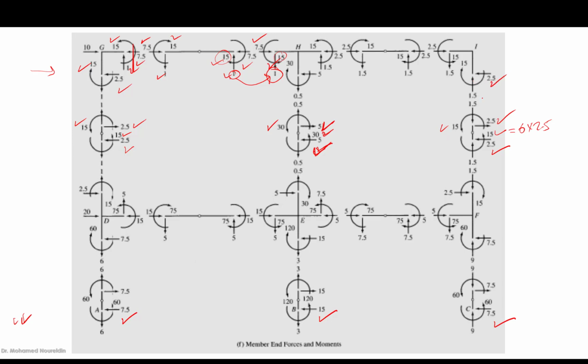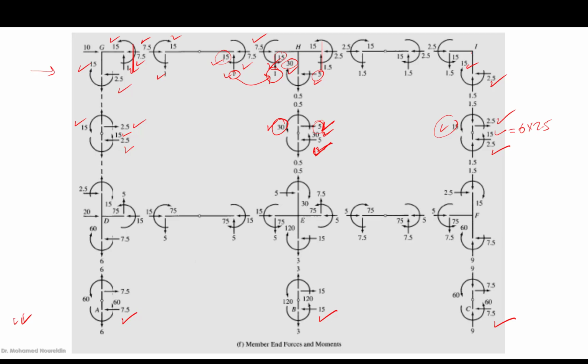2.5 here, 2.5 here, 15 here, then 15 here, the same. 5 here, 5 here, 30 here, 30 here. Okay, now everything is known regarding the top columns. After that, we are going to put,